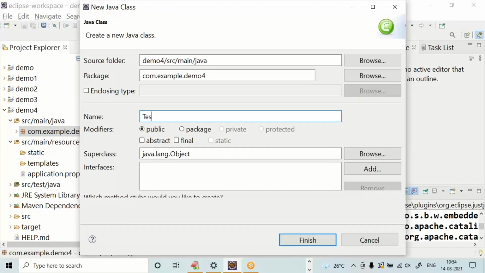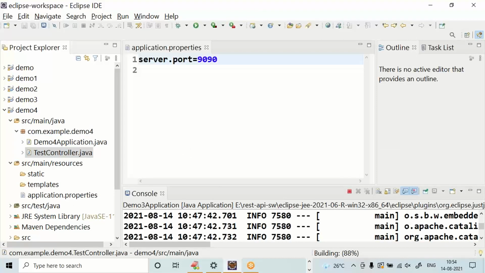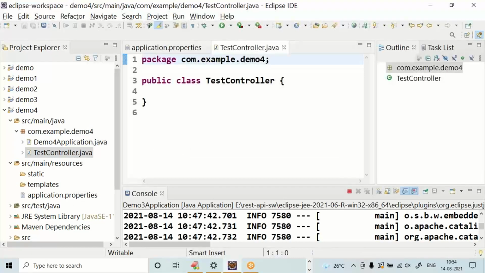I'm choosing class name as TestController. Any name you can use, but I'm using TestController.